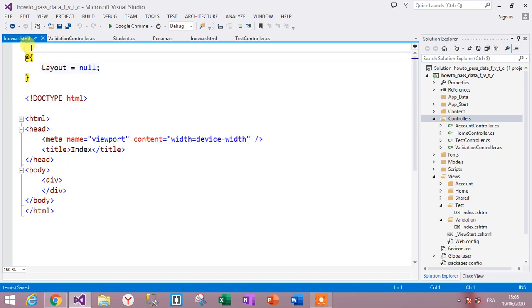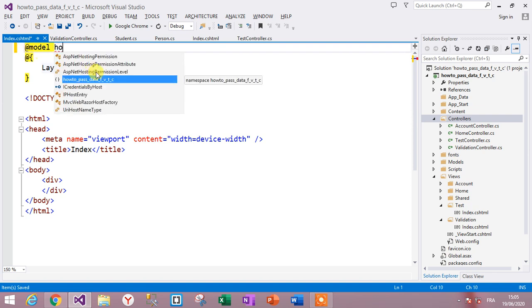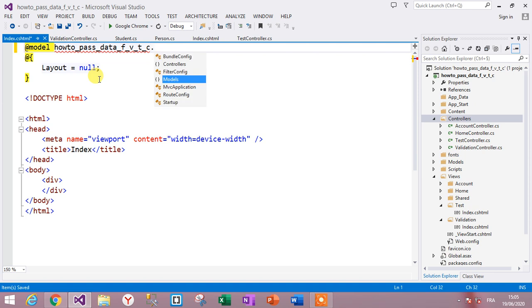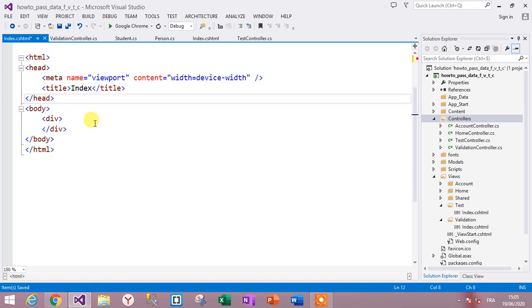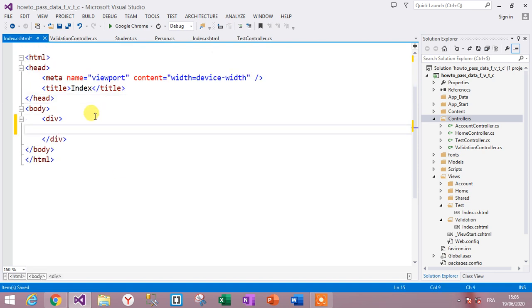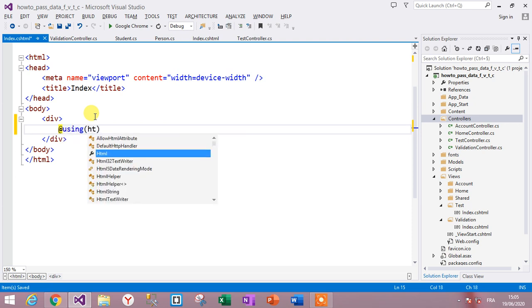Voilà. First view, using model and the name of the application. How to pass data for models, the students, class students, and create a web form